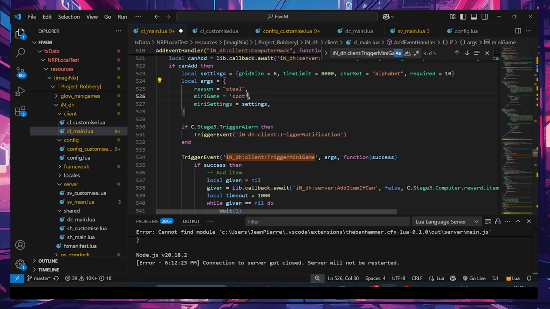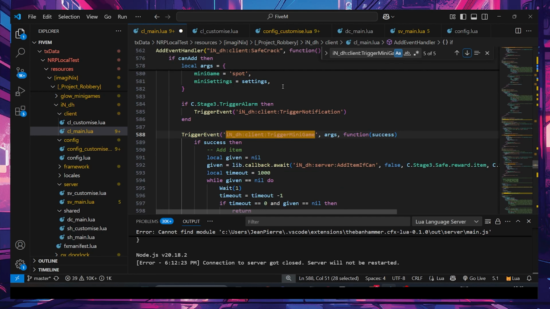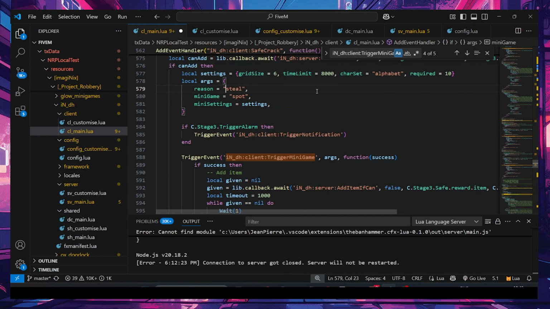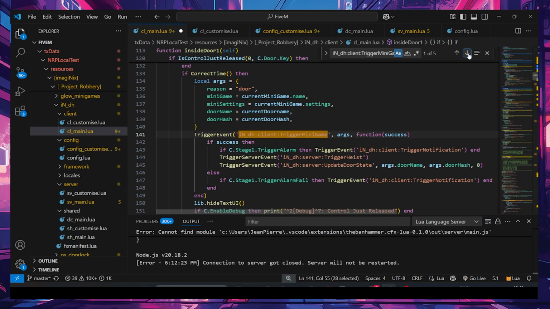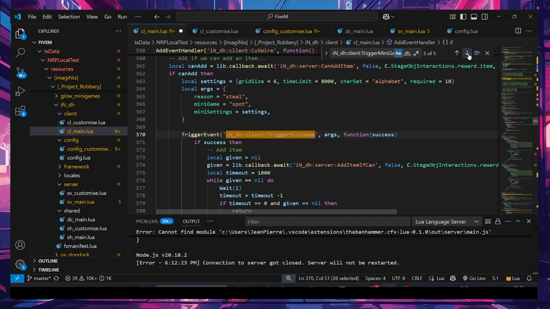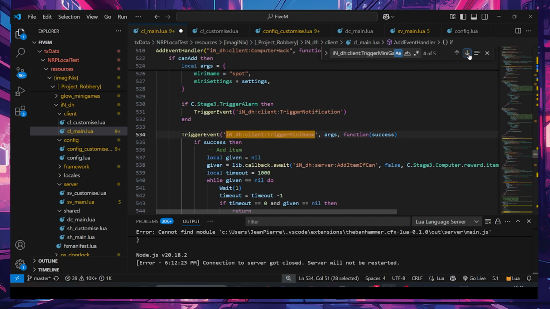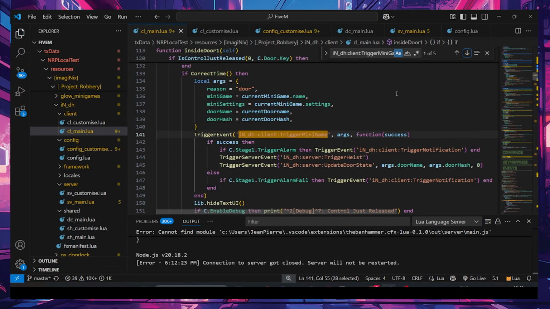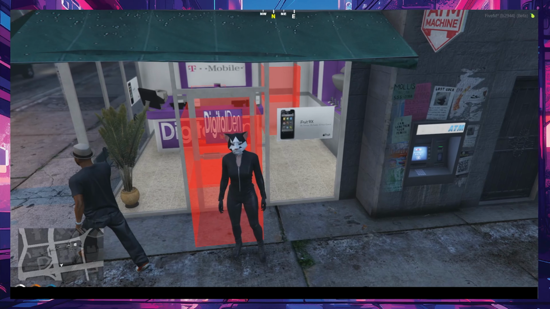I'll be quite honest. Once that's changed, that door is fixed, that steel and spots fixed. Fantastic. Save it out,